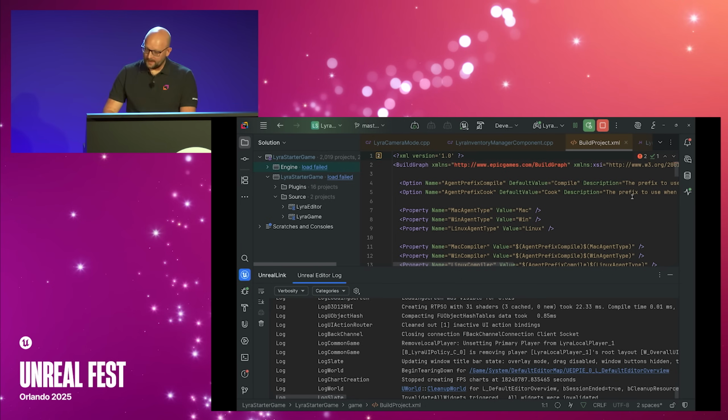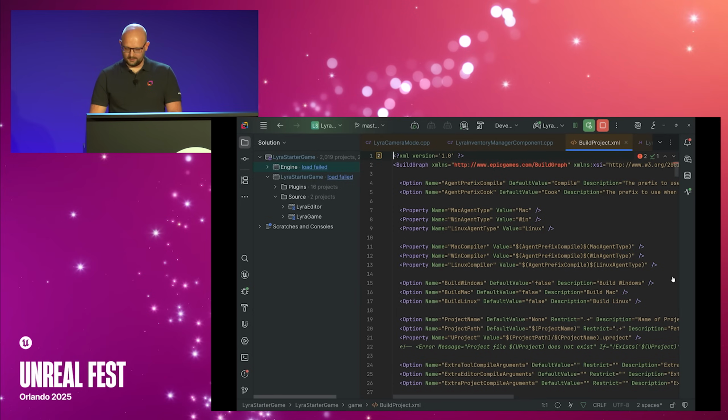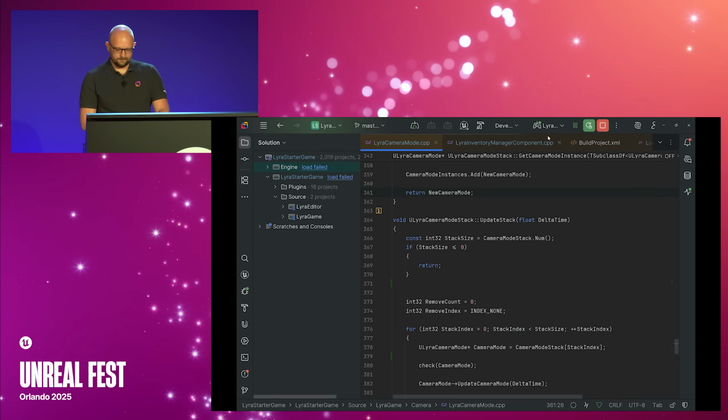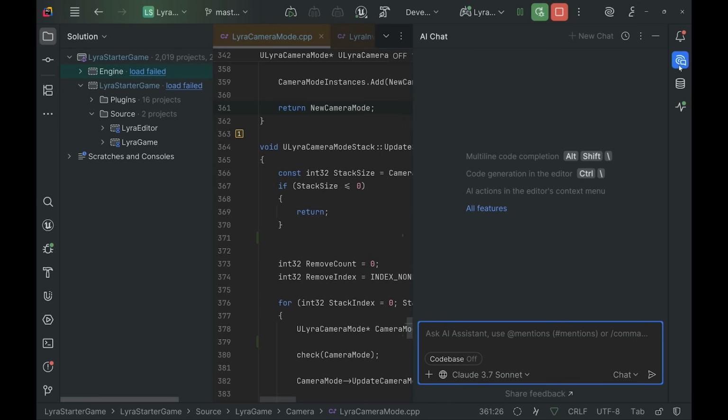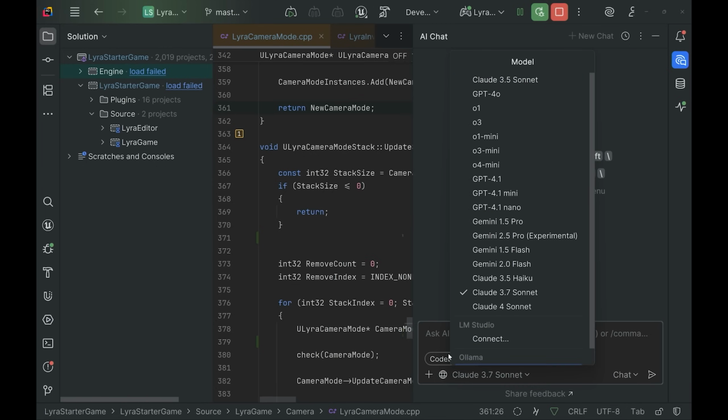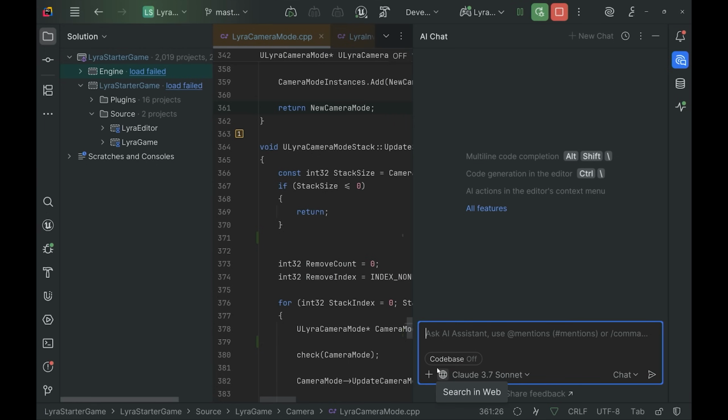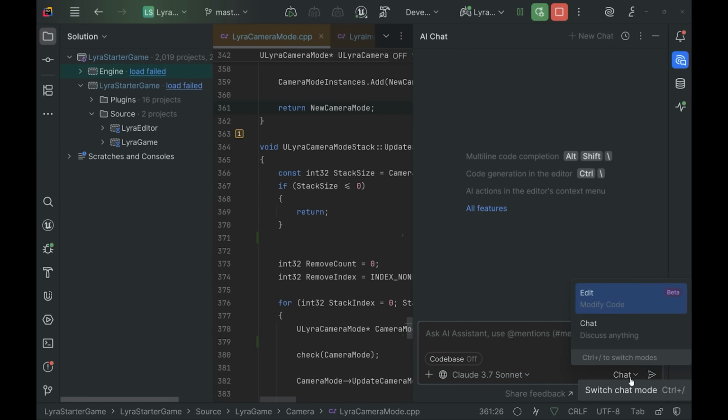Yeah, this is live. Okay, let's skip it and go to AI capabilities in our editor. We have a built-in AI assistant with chat capabilities and a lot of configuration of different models. You can include the code base or just ask questions, switching through the chat or editing mode that automatically generates code